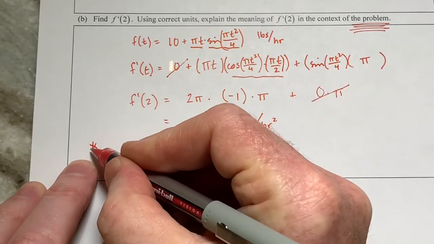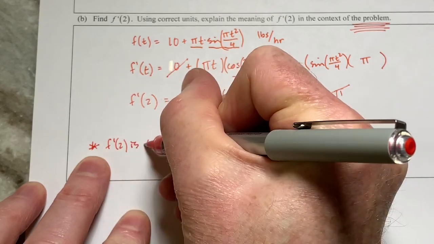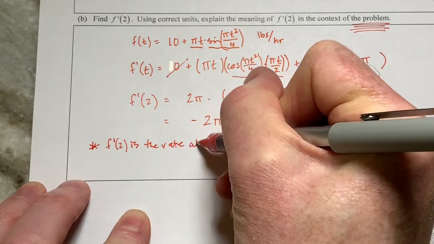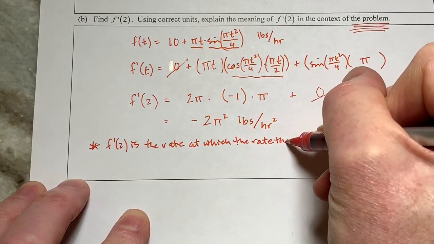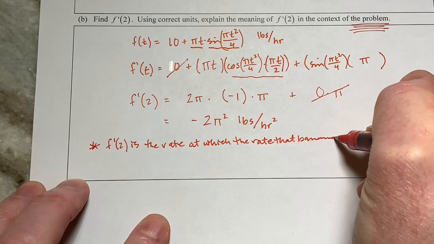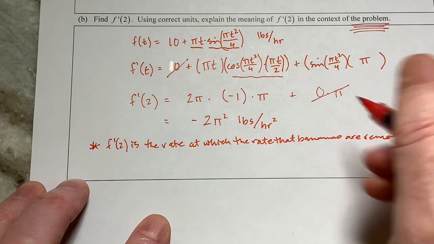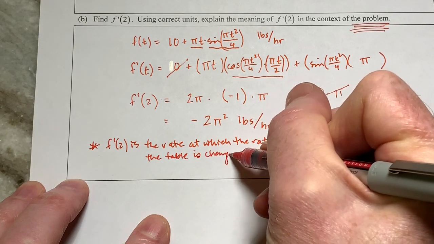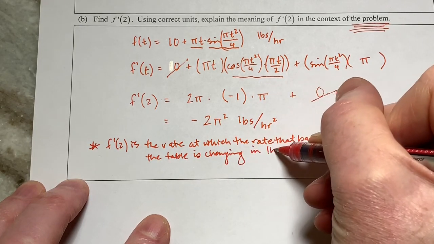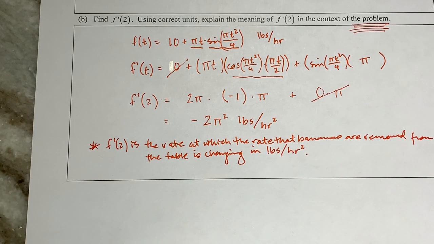Okay, so you could say one of two things. You could say, and the second way is going to be better, but you could say that f prime of 2 is the rate at which the rate that bananas are removed from the table is changing in pounds per hour squared. So that's one way to say it, but I think another way to say it that was pretty great is to say